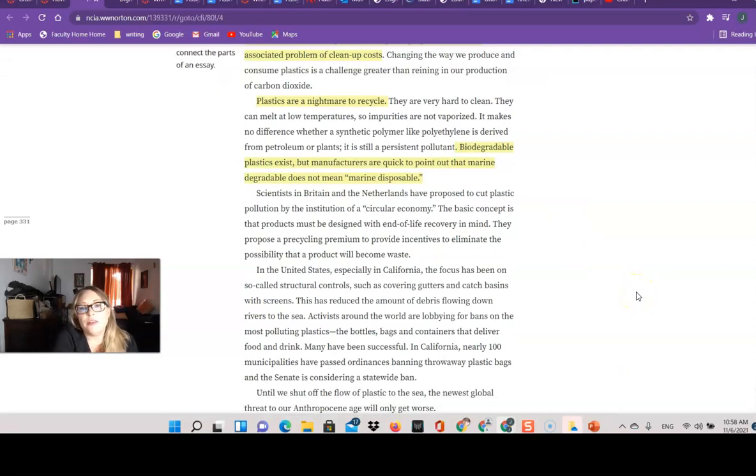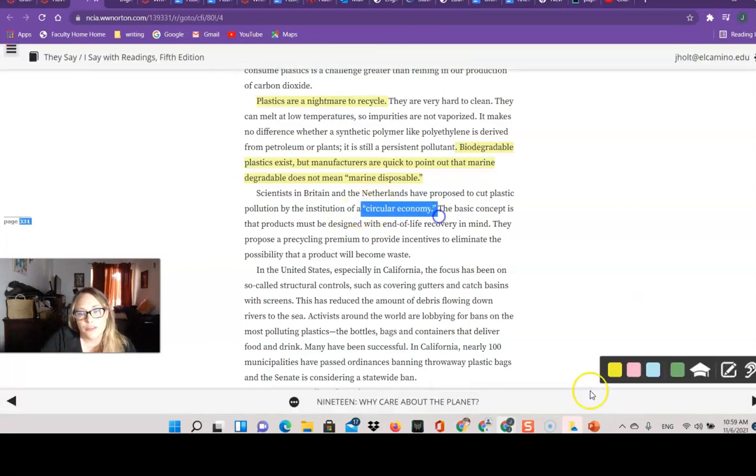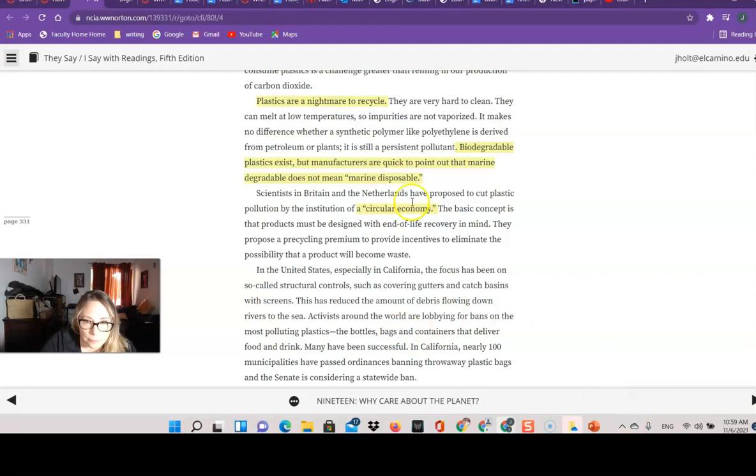Scientists in Britain and the Netherlands have proposed to cut plastic pollution by an institution of a circular economy. The basic concept is that products must be designed with end-of-life recovery in mind. They propose a pre-cycling premium to provide incentives to eliminate the possibility that a product will become waste, right? So they want this to actually start stopping the problem right before it even begins. So I'm going to go ahead and highlight circular economy, even though it's probably not the best